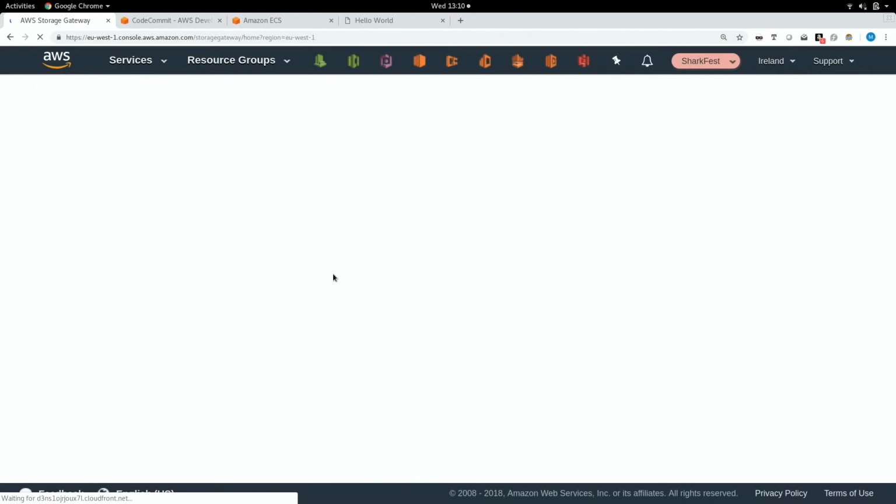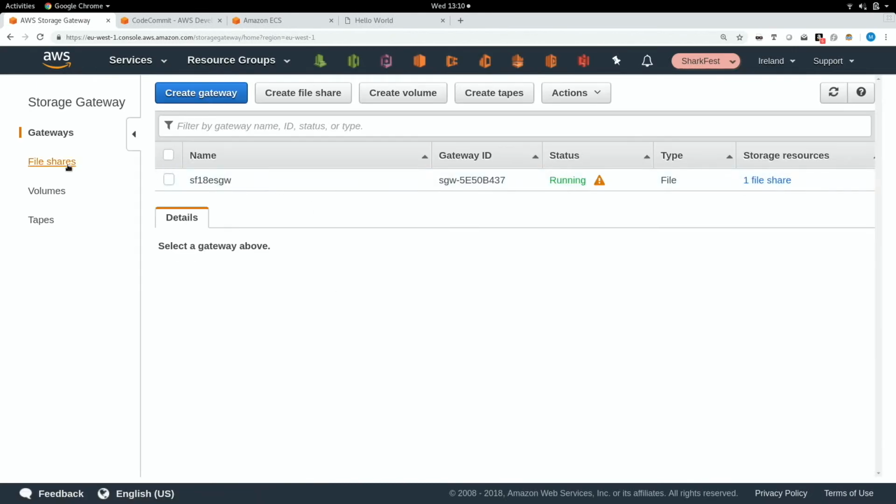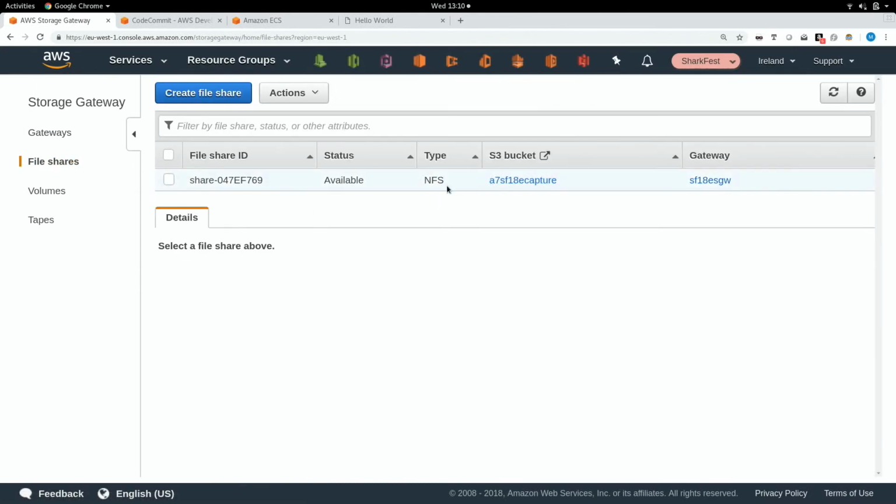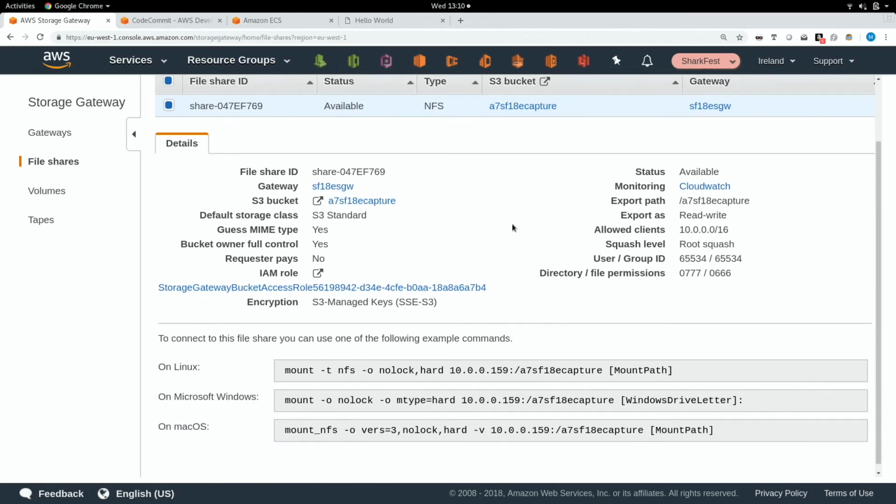So we've got storage gateway in here, and we have essentially got a file share that is backed by an S3 bucket. We're saying everything that you write to this storage gateway over NFS is going to be chucked into this bucket. So if I have a look at this bucket, I cheated slightly earlier on: when I deployed our capture device, the NFS mount share wasn't actually to EFS, it was to storage gateway.